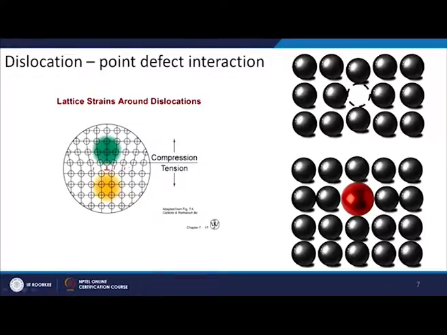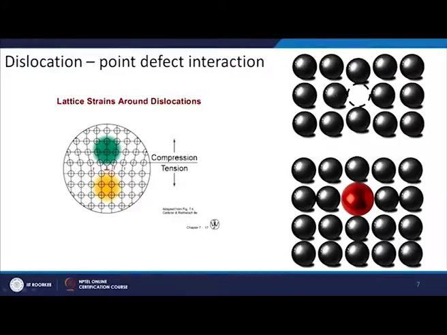Now, if you look at the point defect, suppose there is a vacancy or there is a solute atom which is of a smaller size, what will happen, all these atoms which are next to the vacancy, they are in a stretched position now. So, you can see the distance between the atoms has increased, whereas where it has not been affected, the distance is small, and here the distance between the atoms is more. So, all these atoms which are next to this vacancy, they are in a strained position, and this strain is of tensile nature. If I put a bigger substitutional atom, so this is for a vacancy